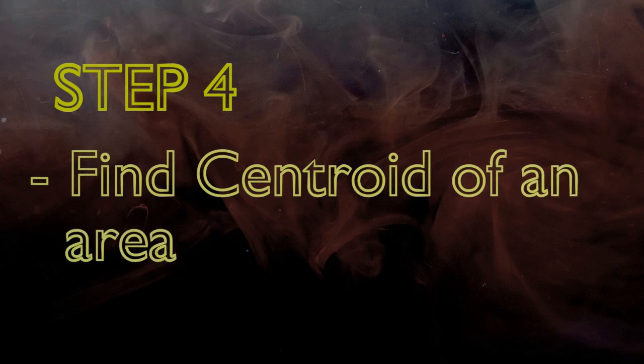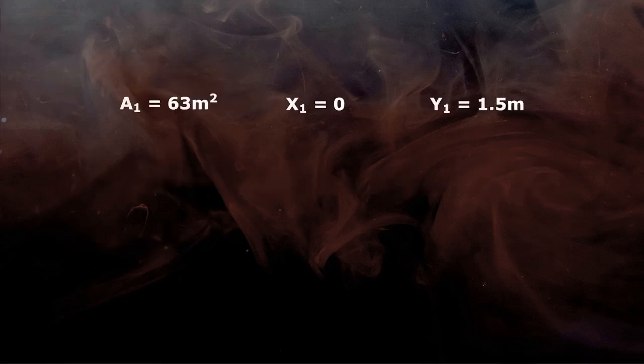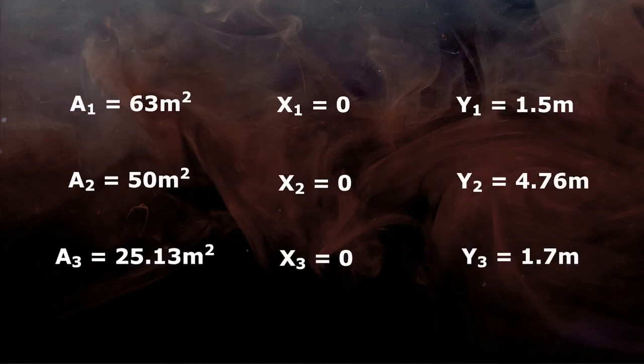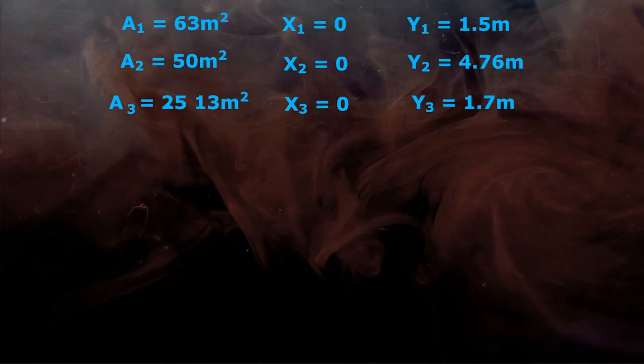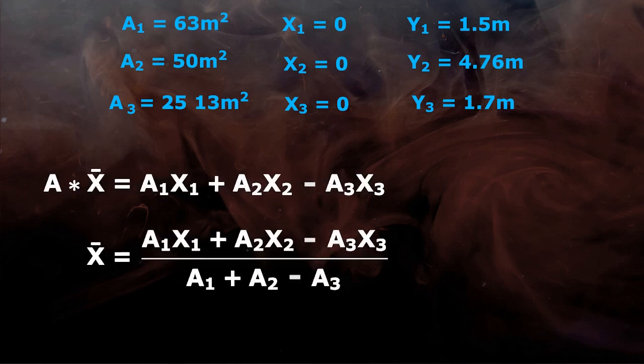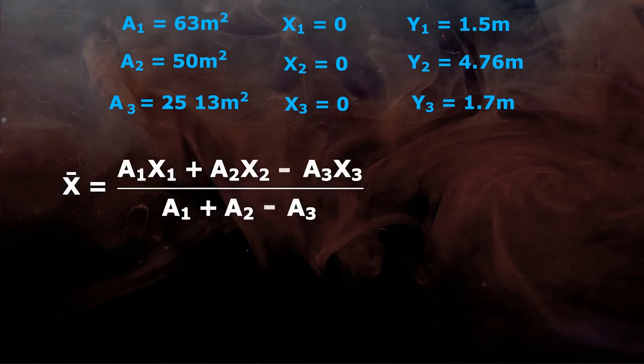The last step is to sum up all the data we have just calculated. We just need to input area, x and y coordinates results in the equation of centroid of an area. So to find out x coordinate of centroid, we'll take moment of area with respect to y-axis. So total area moment will be equal to summation of moment of first and second division areas minus moment of third division. Negative sign is because bridge does not have that part. You can memorize this equation directly.